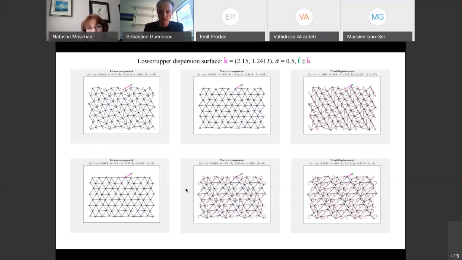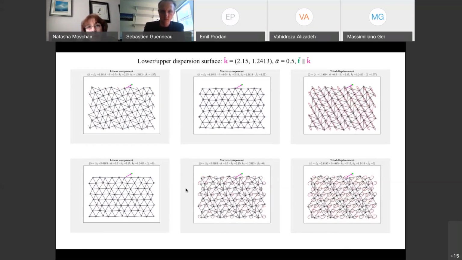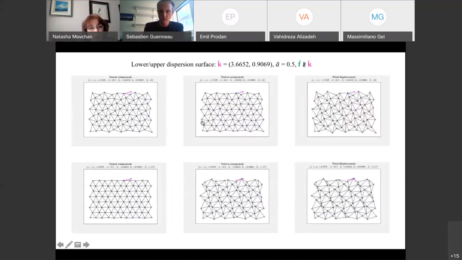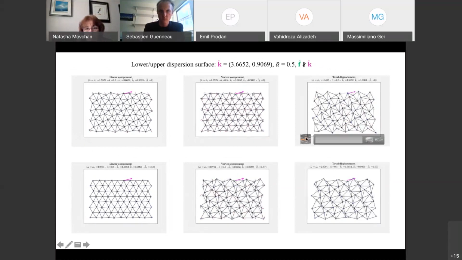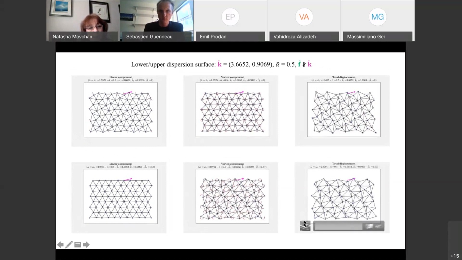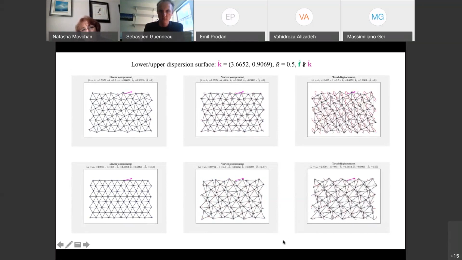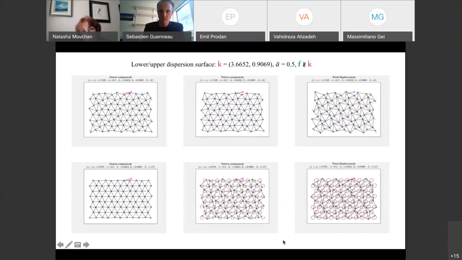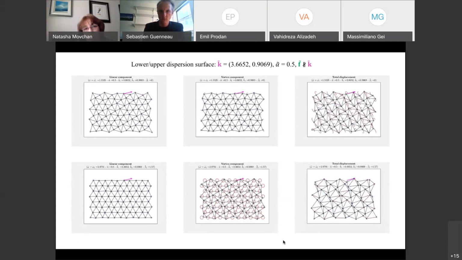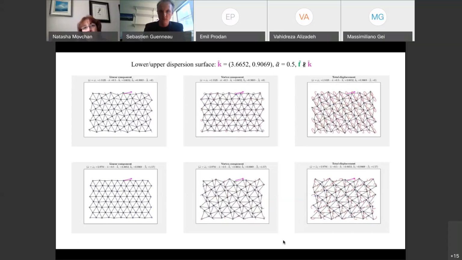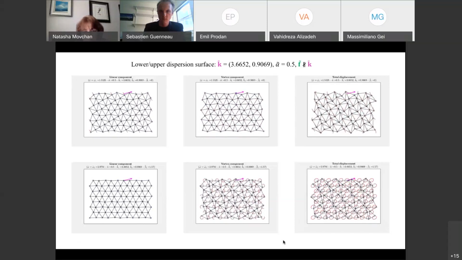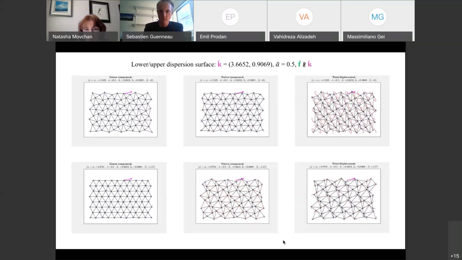So let me now look at the case when the two vectors f and k are not parallel to each other. I'm going to set all of them in motion again. You can see that in terms of the vortex component, we will have the same type of difference in the direction of rotation. On the low surface, we will have rotation in the counterclockwise direction, and on the upper surface, it will rotate in the clockwise direction.